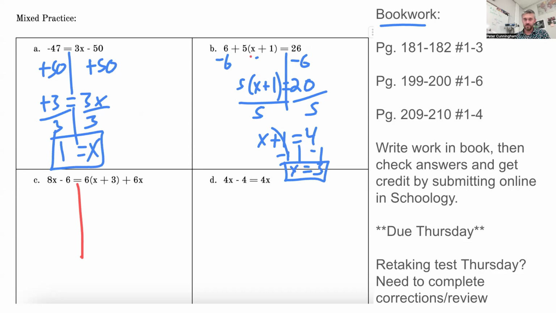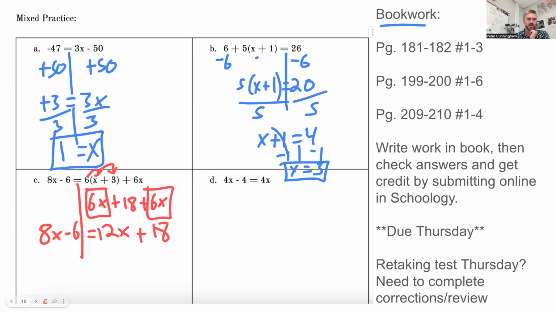So last time I took the 6 away first. Let's look at this. I don't know, there's no set rule here. I see how this problem is structured. I'm like, I don't like how it all looks with everything there. So this time I'm actually going to distribute. Okay, so I want to get rid of that 6. There's no set rule. I just wanted to get rid of it so that I can have 6x plus 18 plus 6x. And then I can combine my like terms on my right side to have 12x plus 18